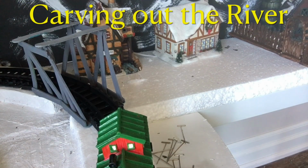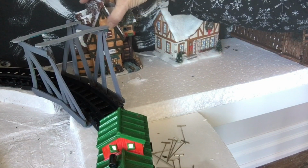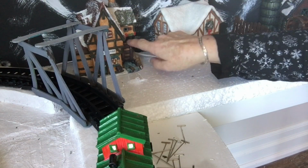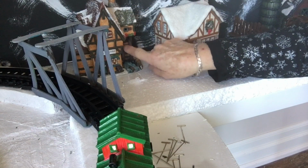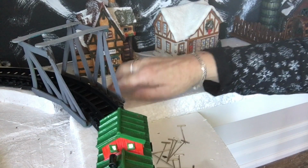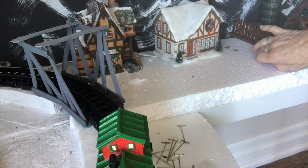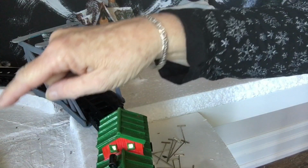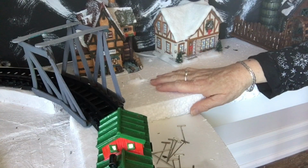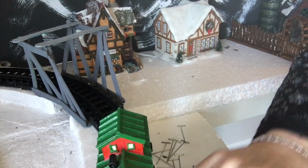So today I'm going to carve out the river. This is a mill and it has a river run, if you can see, and there's a wheel there that would roll while the water was running through. So I'm going to have a river running through here. It's going to be a frozen river because it's attached to the ice rink over there, but I have to carve it out. So I've drawn it out with a pencil,